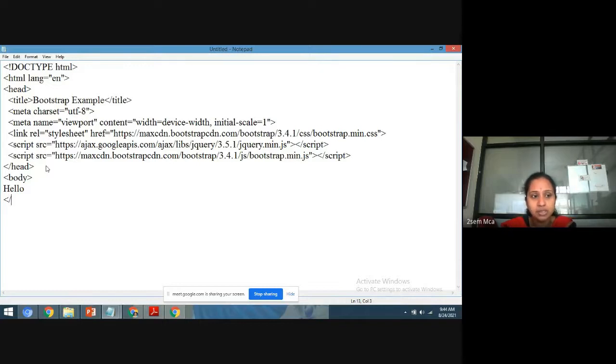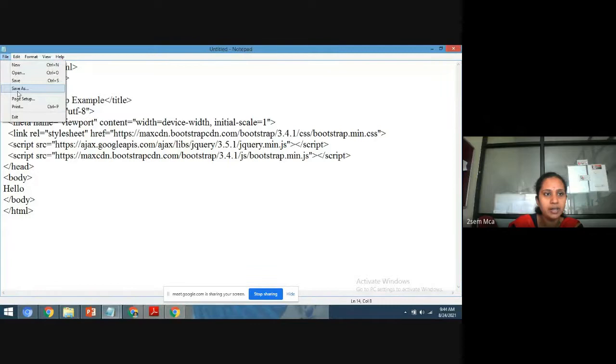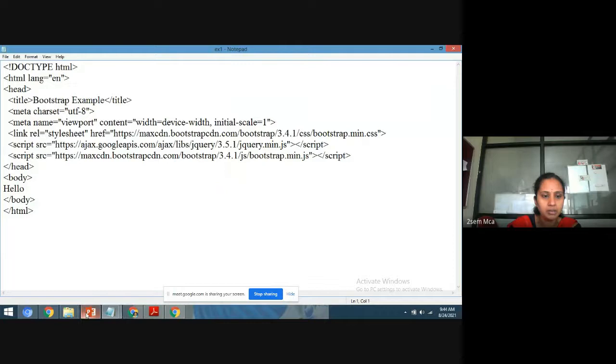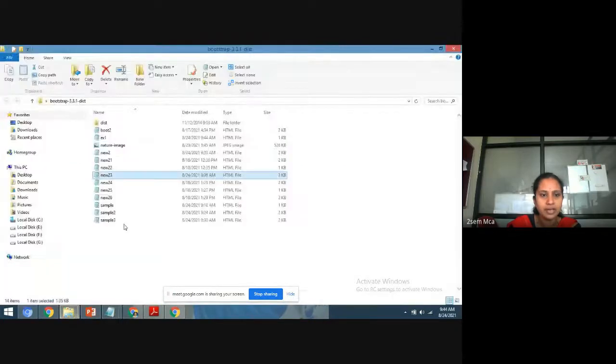See, this is the procedure or the steps to execute a simple Bootstrap program. Closing the body tag and closing the HTML tag, and the program is completed. Save the file in the Bootstrap folder as ex1.html. I'm giving ex1.html.